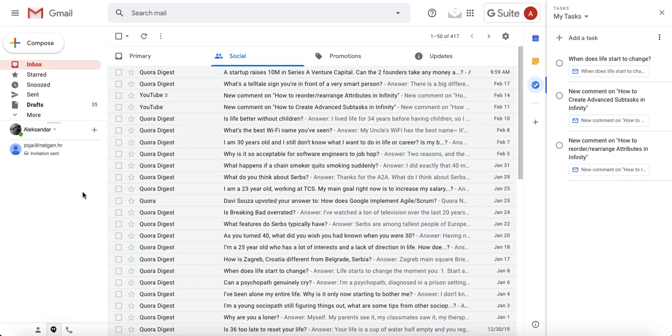Hey guys, this is Alex from Infinity, and today I'll be showing you how you can turn your emails into tasks in Infinity. There is a traditional method of how other tools, for example Asana, are doing this specific use case. You would have an Asana widget or add-in here, and with just a few clicks, you can turn your emails into tasks in your project management